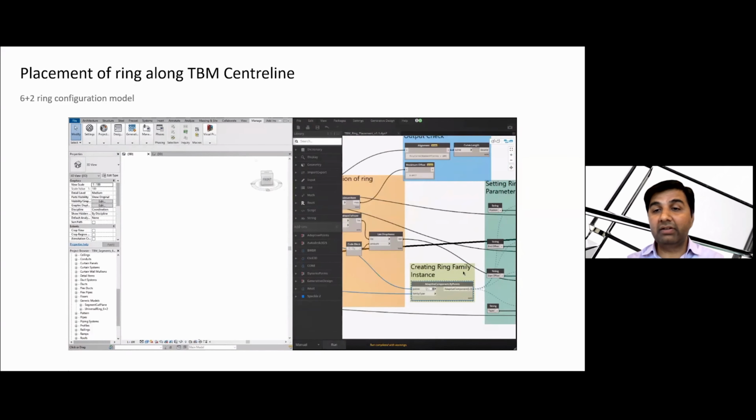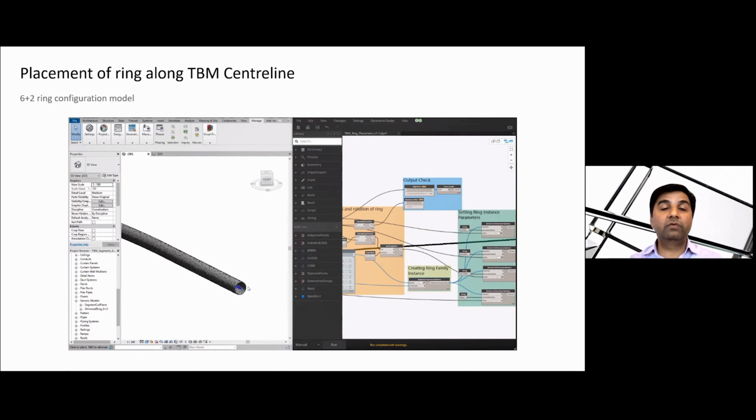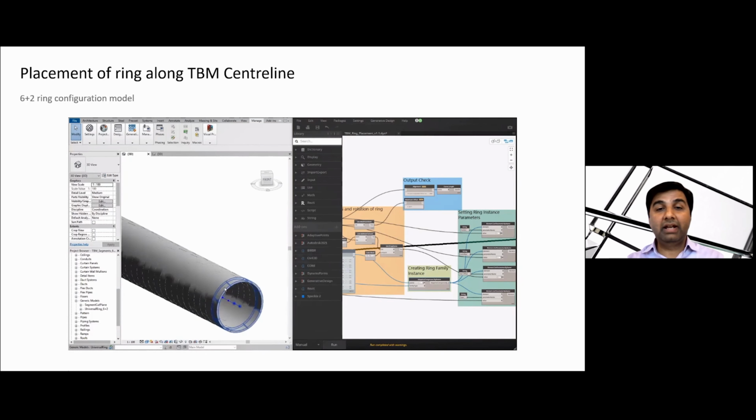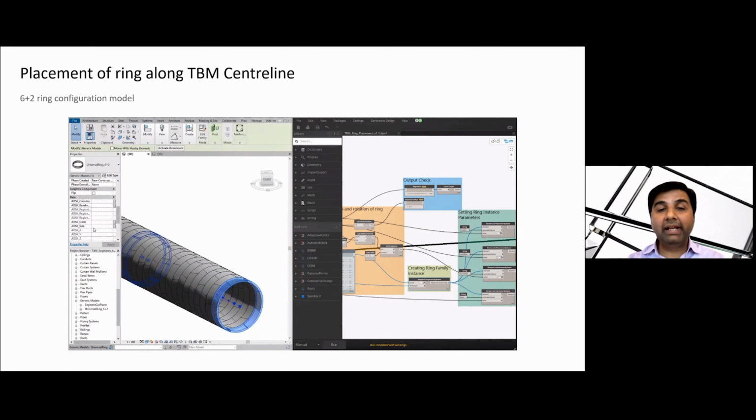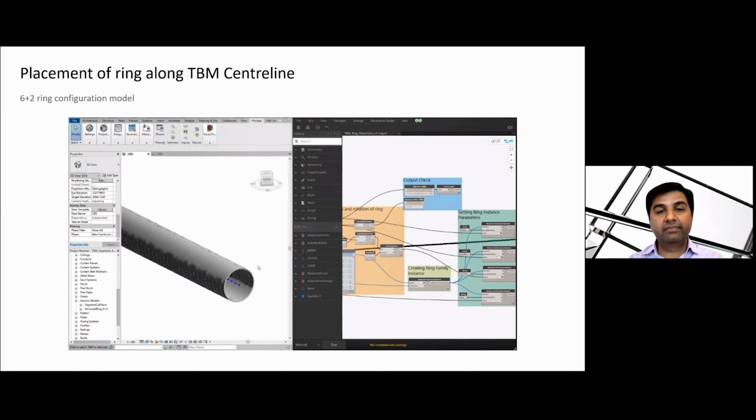Yeah, okay, we can check how many points we have. And then unfreeze this one, run it again. Then it will create a complete tunnel for you. In this example, we are modeling more than 2,400 rings. And it will take around 4 to 5 minutes to model all those rings. Every ring has its parameters, the offsets and everything, so we can analyze later.